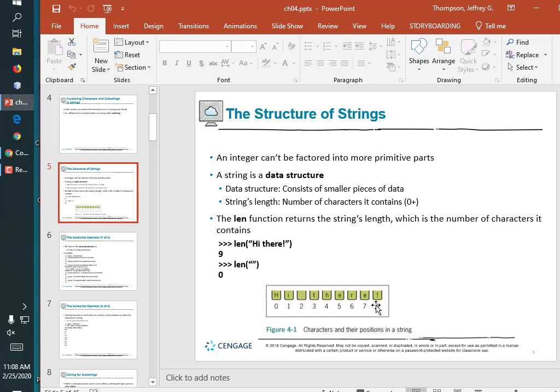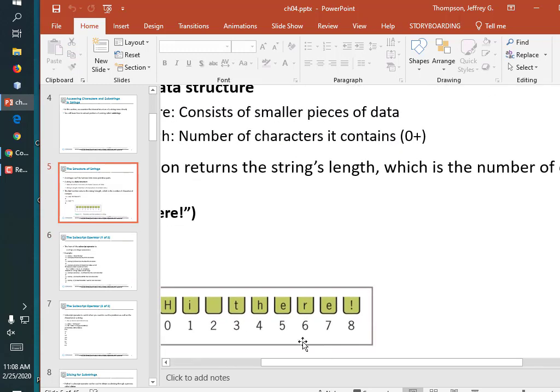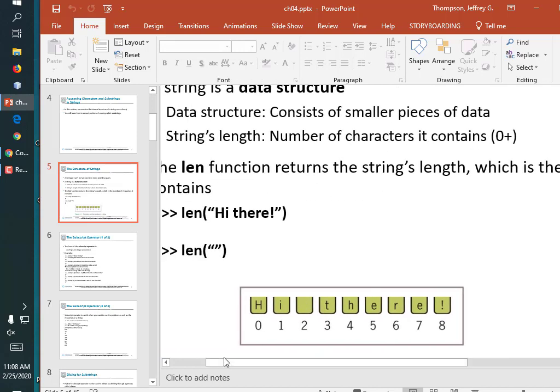So each spot in a string has what's known as an index number, or a subscript. So here, where we go, hi there, the first character, the first index is actually 0. Computers don't count 1 to 10, they count 0 through 9. So 0, 1, 2, 3. So the first one is at position 0, the second one's at position 1. The third one's index 2, sometimes called subscripts. If I ever say subscript, I mean type the things between the square braces, and so on. So if we were going to do something like that,